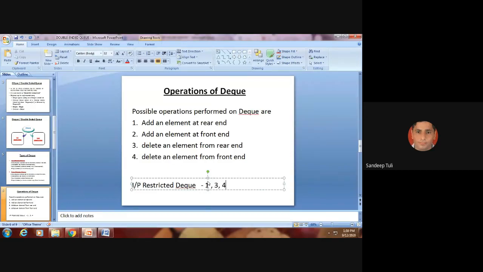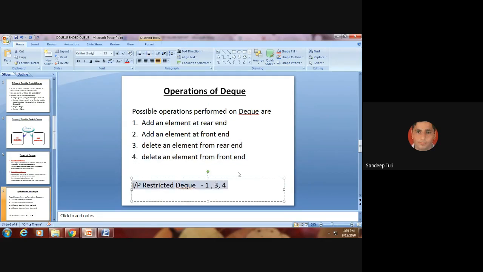Very good. So in input restricted, operations 2 and 4 are restricted. We can only insert the element in the normal way, and normally we are doing it at the rear end. So addition can only be done at the rear end in input restriction, but deletion can be done from both ends. So these 1, 3, 4 are for input restricted DQ. Is it okay?